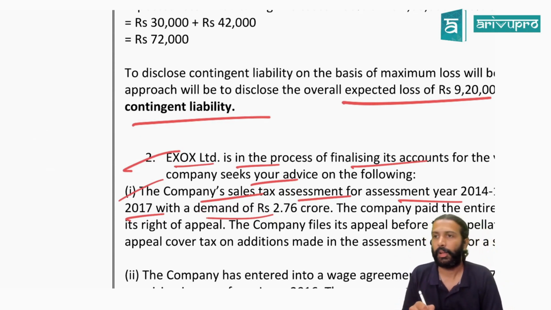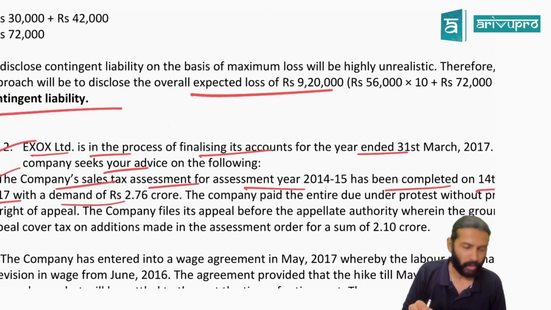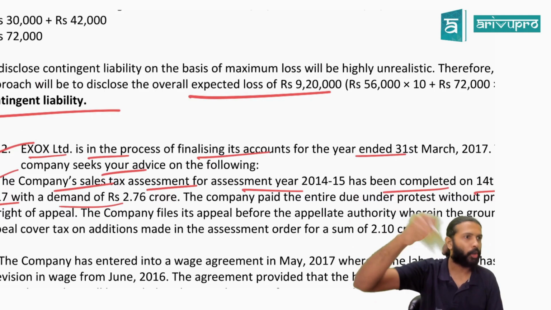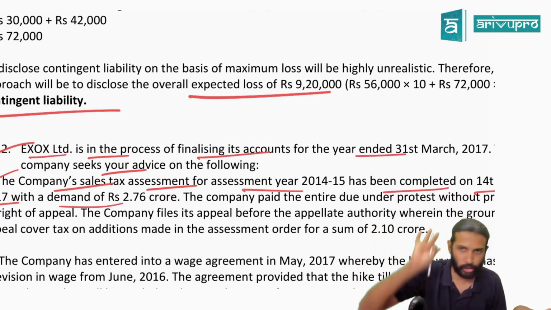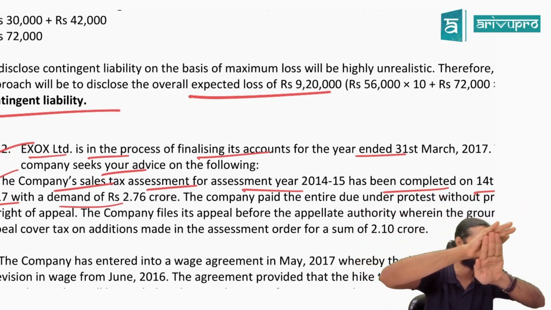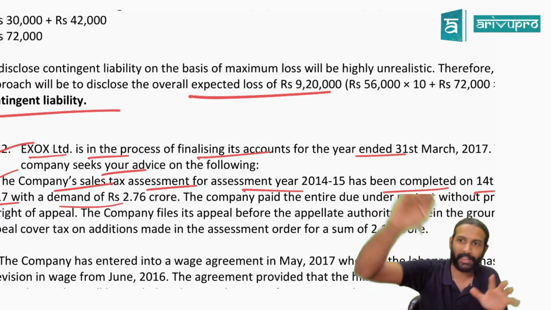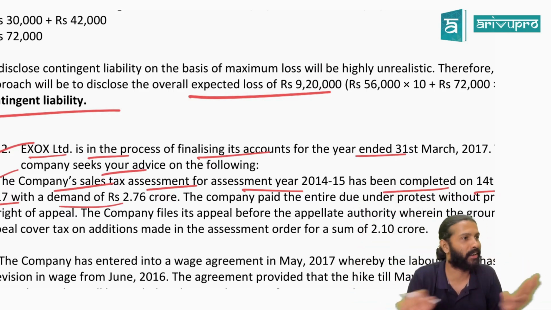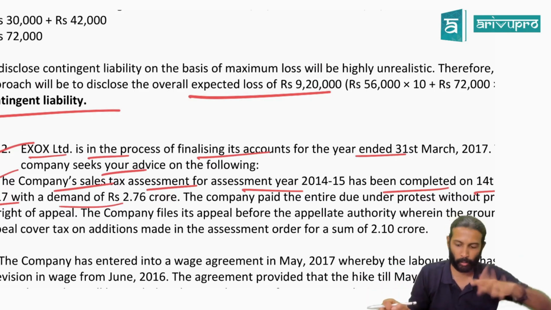Whenever the demand order is raised, first you need to pay that demand. Then you can debate over it. You can protest it. This we call amount paid under protest. First you pay it and then you fight. It's like a legal battle. You'll fight with the income tax department or the tax department. If you win it, they'll refund you the amount. Otherwise, they will say, bye bye. Anyway, you've paid, matter done. This is how it works with income tax.